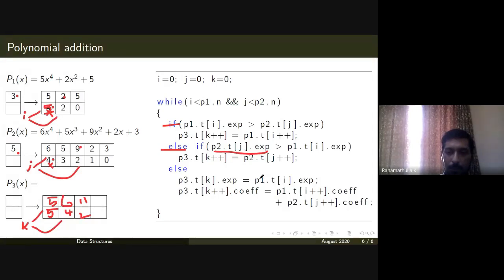It can be P2.t[j].exponent, because both are the same, both are equal. So you copy that exponent, and instead of copying the content, you copy the sum. Here you are copying the structure completely. In P3.t[k++], the entire structure was assigned to this structure. Here you are copying exponent and coefficient separately. Any questions?